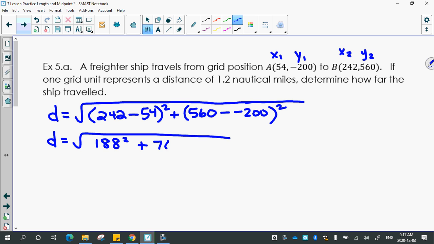So that's 760 squared. You should be able to type 188 squared plus 760 squared on your calculator and just get one value. 188 squared plus 760 squared is